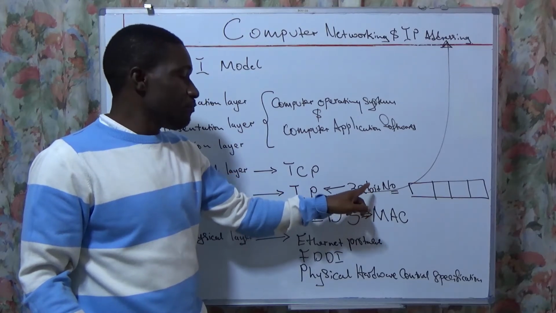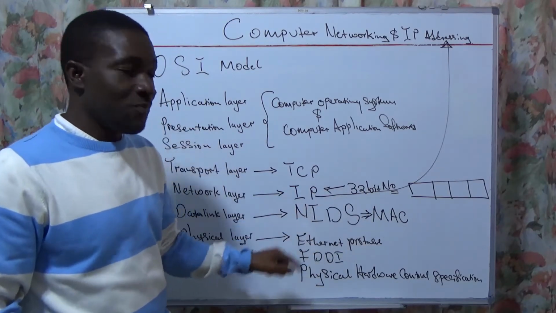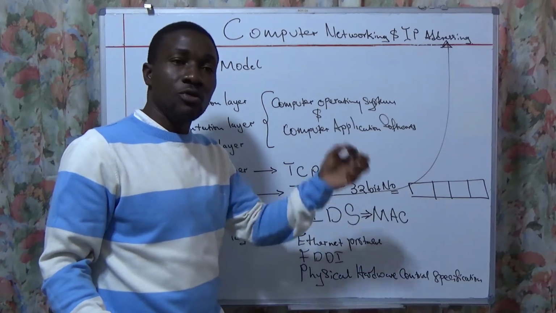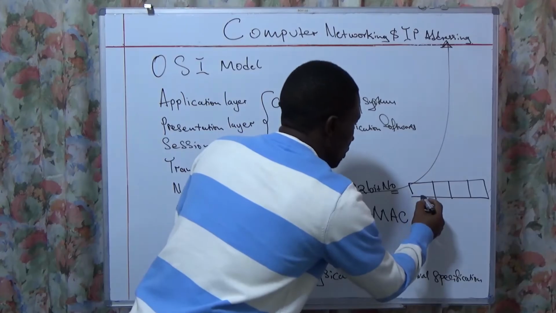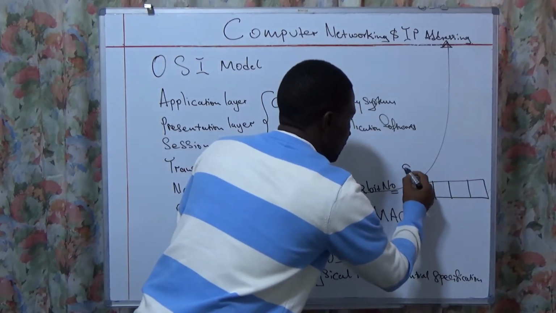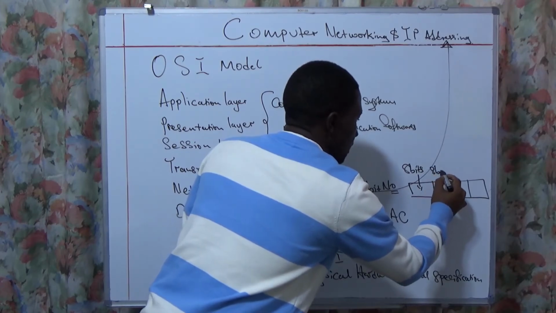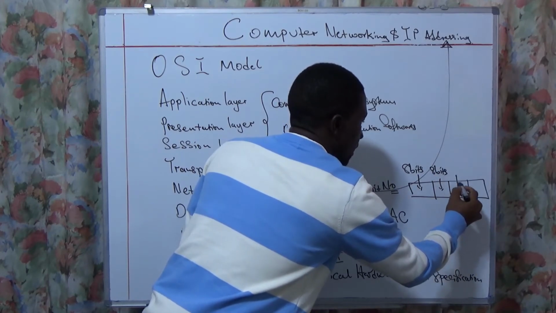So from the 32 bits, we generate an IP address by dividing the 32 bits into 8s. So at this point, we have 8 bits, and here 8 bits, and here